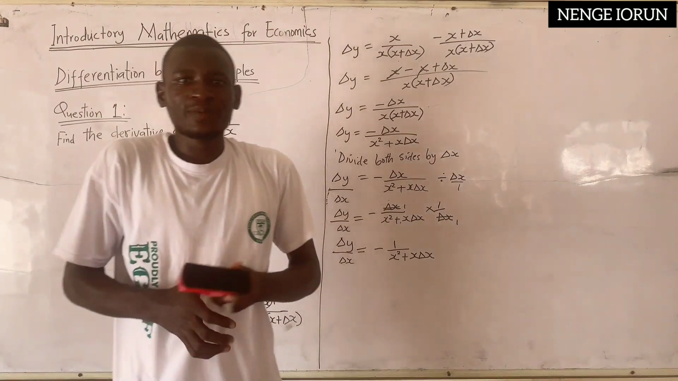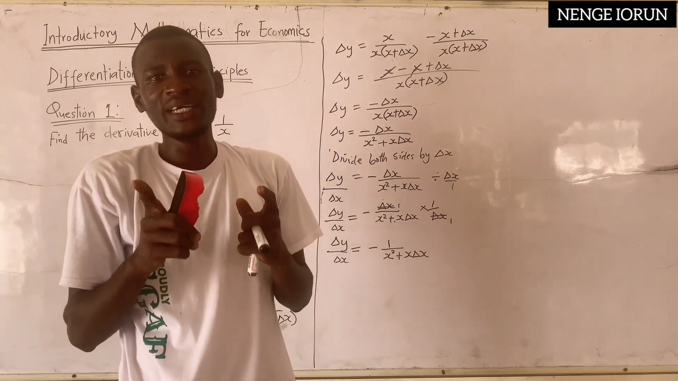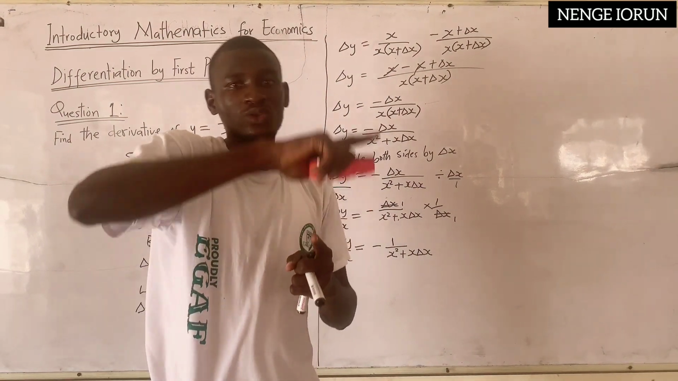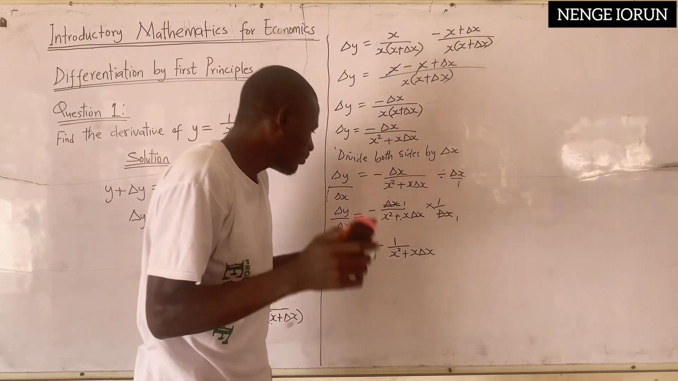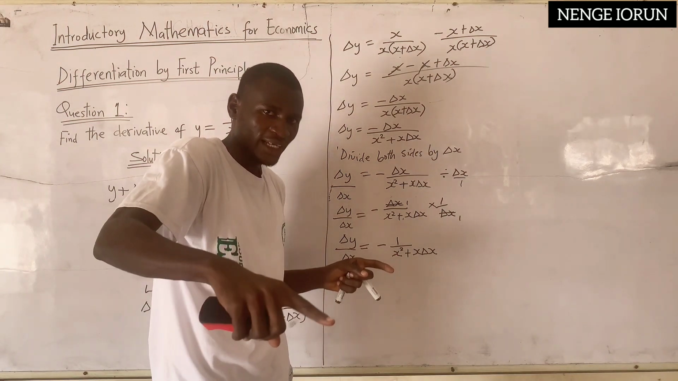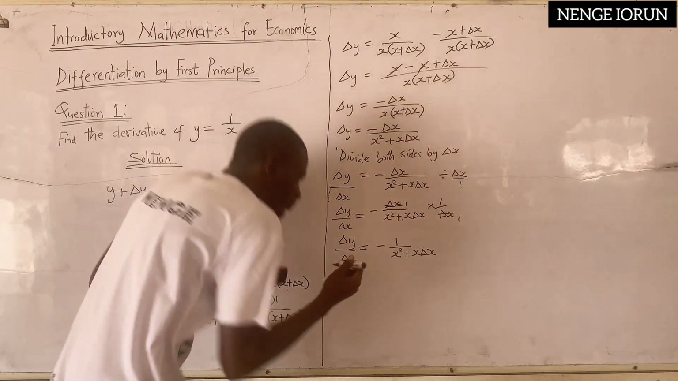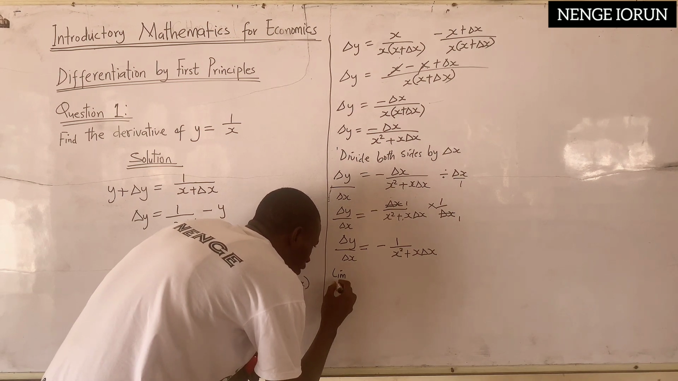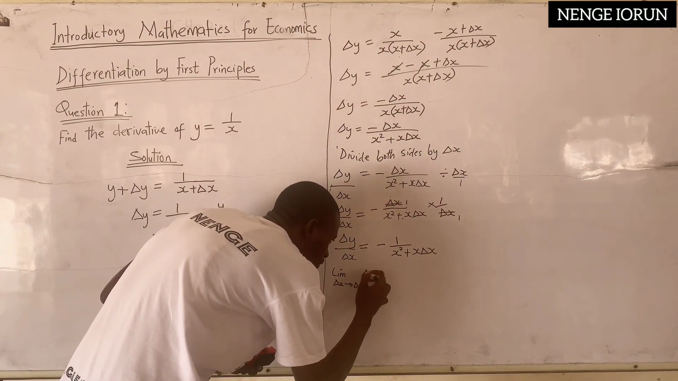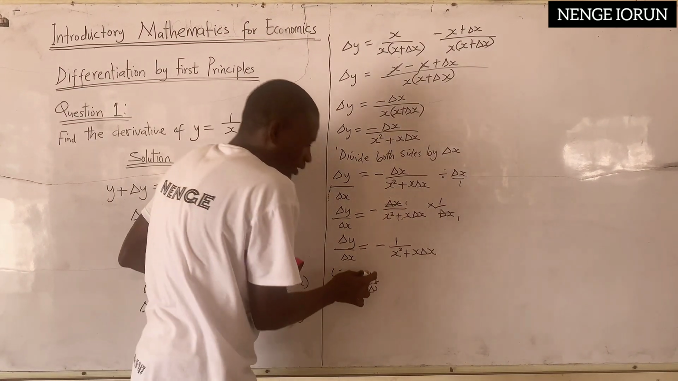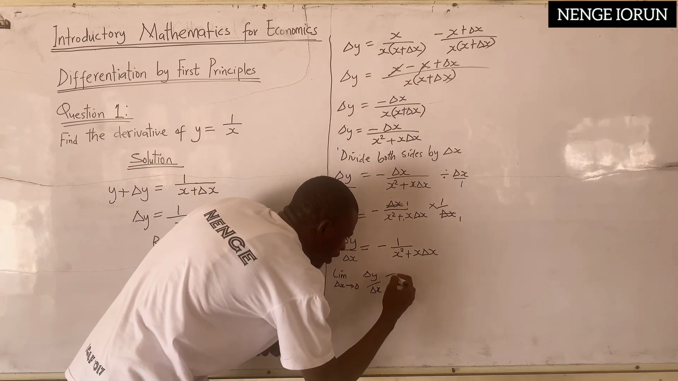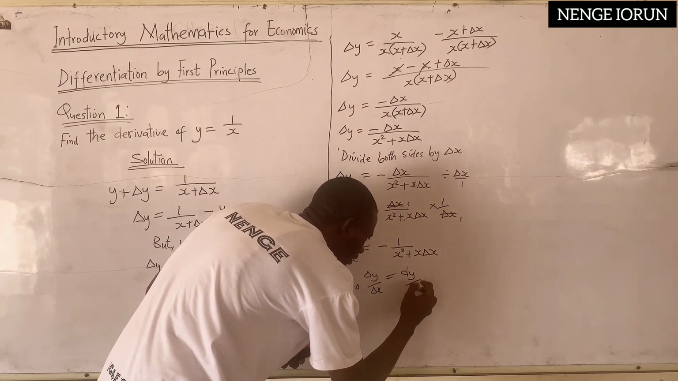So now we have gone a long way. What we are left with is to take the limit of delta x. Once you take the limit, delta x will turn to 0. Now once you take the limit, you are not going to have this situation; you have the situation of dy dx. So now, limit as delta x goes to 0, delta y over delta x will now be equal to dy dx,